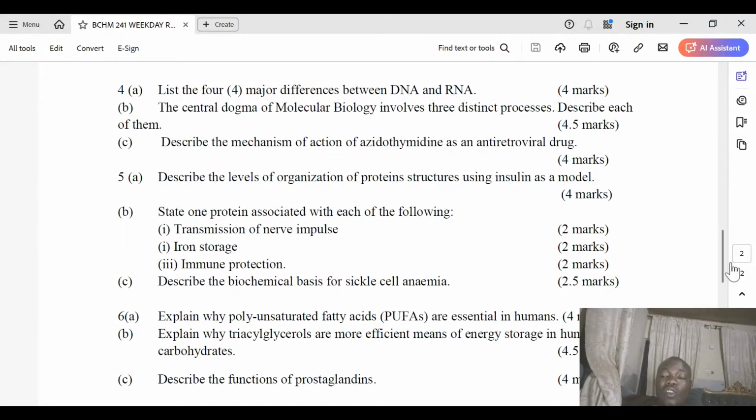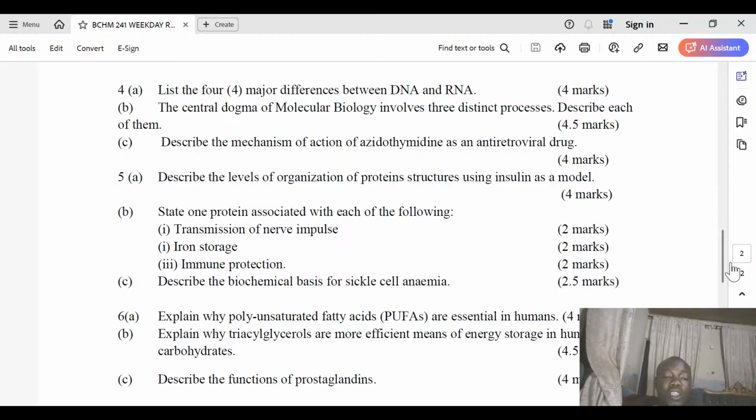So they are fully unsaturated, meaning that they have multiple double bonds or triple bonds in them. So we cannot synthesize them. We don't have the enzyme machinery that synthesizes them. So that is why they are essential. So we need to get them from our diet.